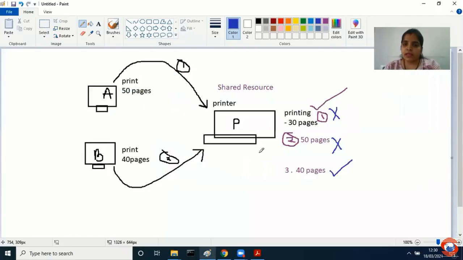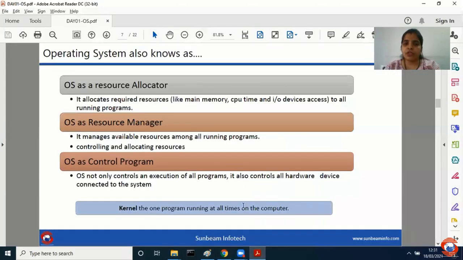Now, can I say the first job is executed by the printer, which is 30 pages. The second job is done by your printer by printing 50 pages. The third job that is getting executed is 40 pages. Means can I say the printer will keep maintaining a queue? Yes, I have got a request from A and I have got a request from B. So this is the queue that my printer must maintain. Once A is done, it will be out from the queue. Then it will be B. B will be done. Then B will be out. Is it basically controlling and managing the execution of all programs on its own? Yes, and that's why OS is doing that in the backend. That is called OS is also called control program.